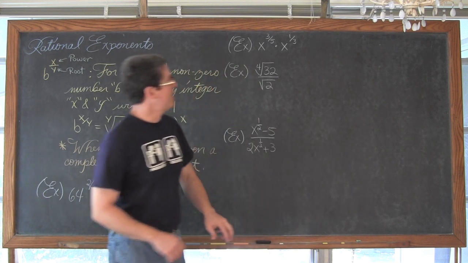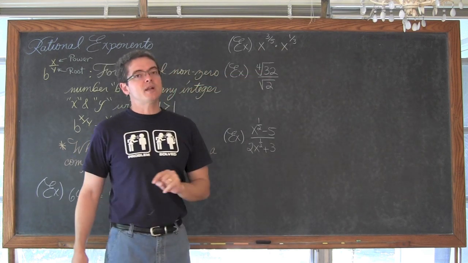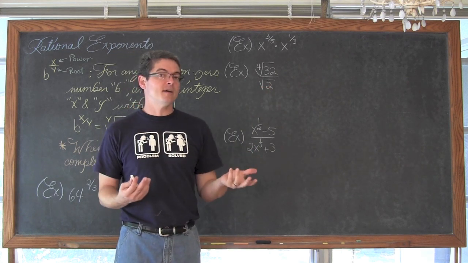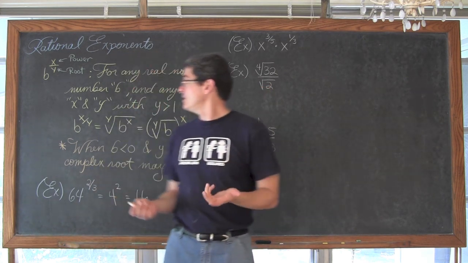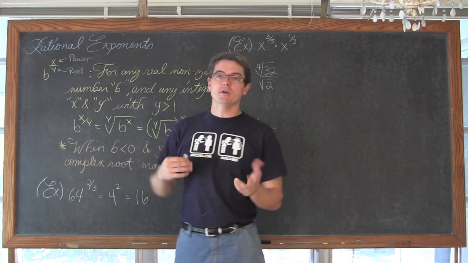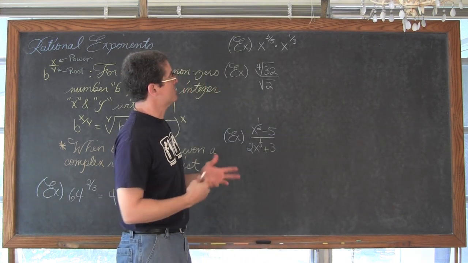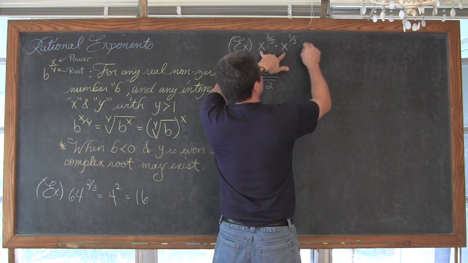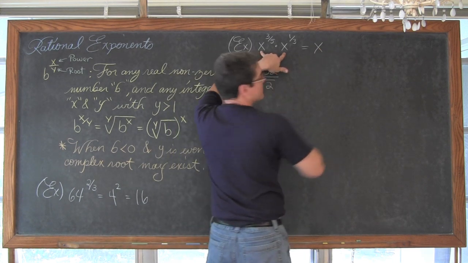All right, never mind. When you multiply like bases, you want to add those exponents. So even though this is really more about reminding you how to add fractions than dealing with the power over root process here, the fractional exponents. So we multiply those like bases. We want to add those exponents.